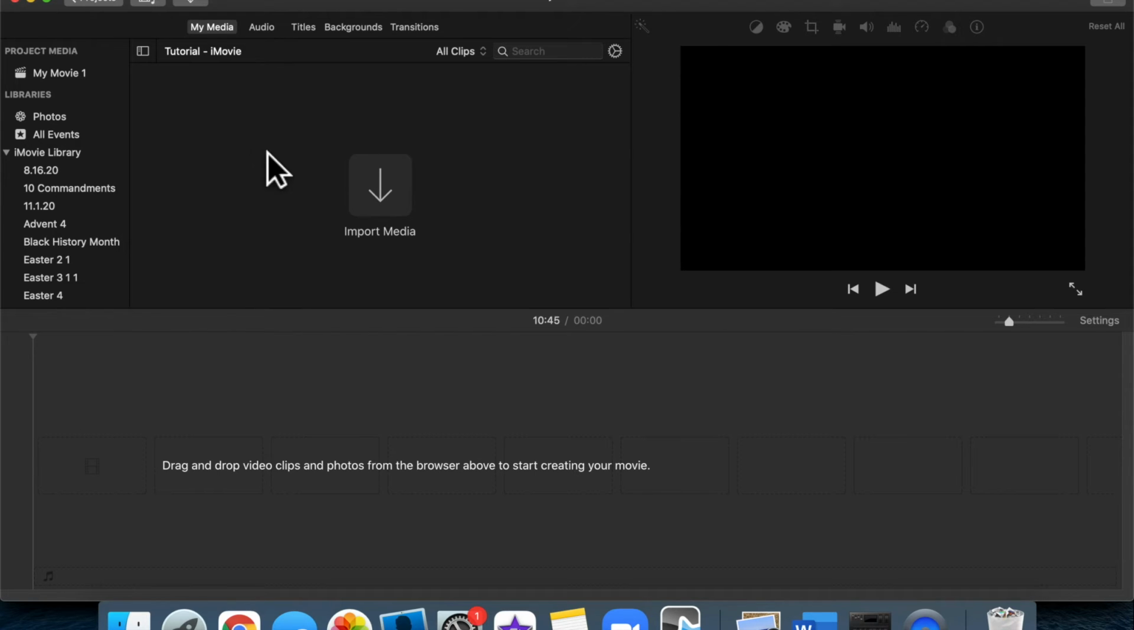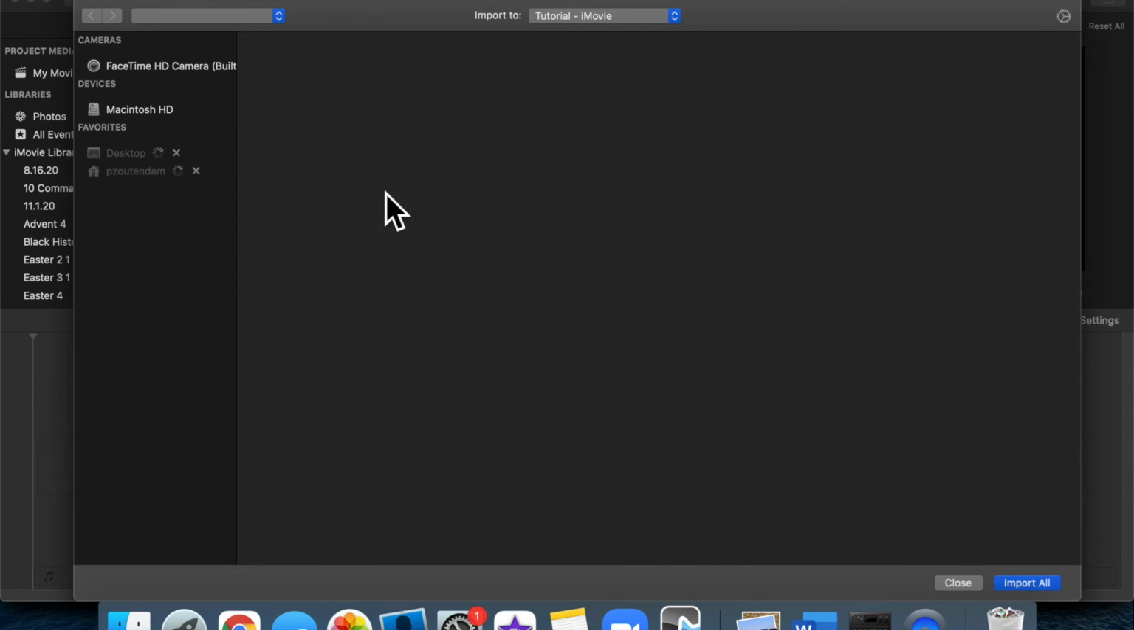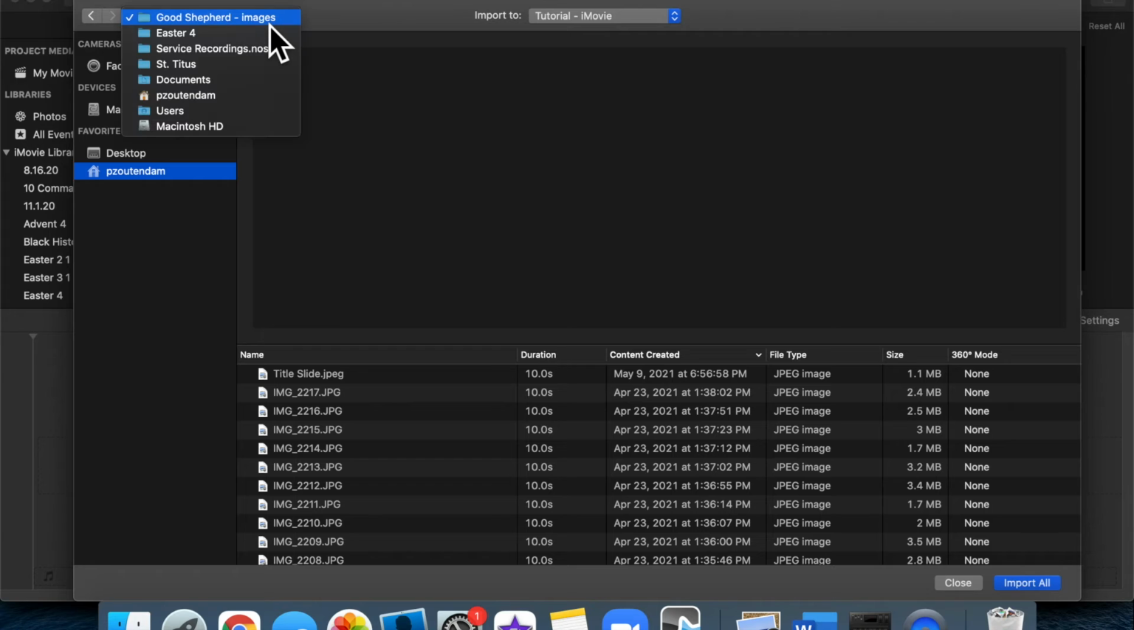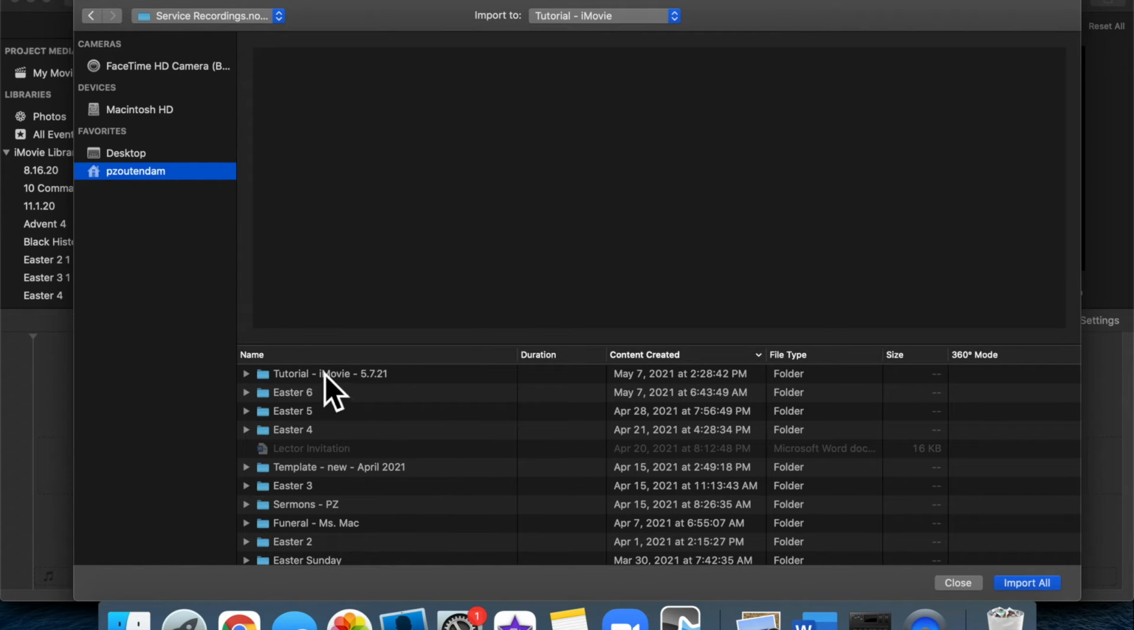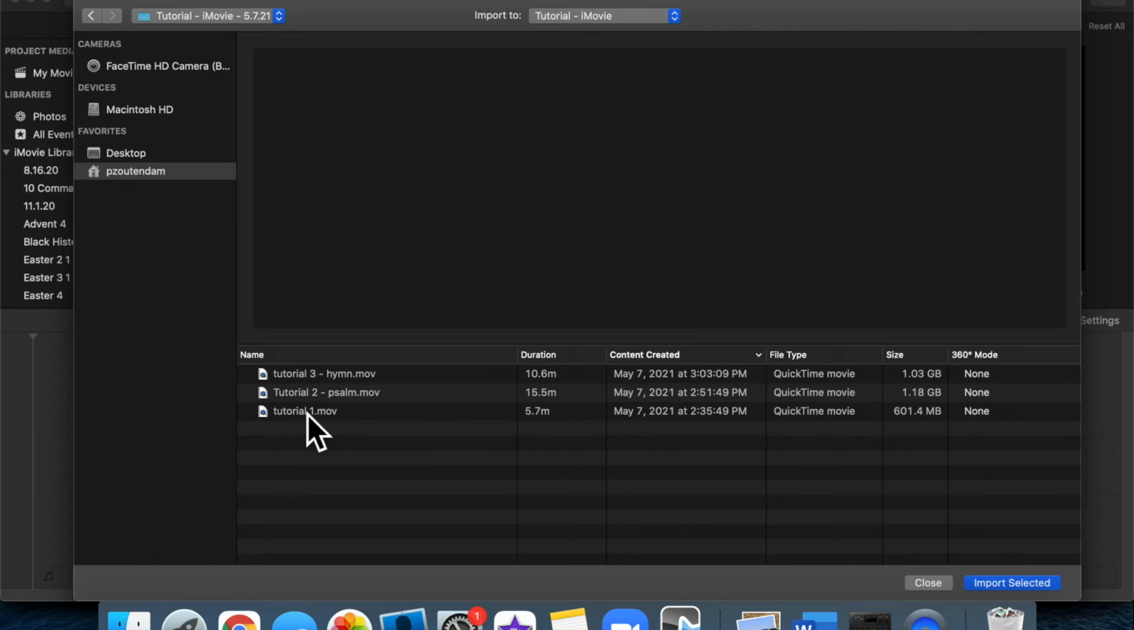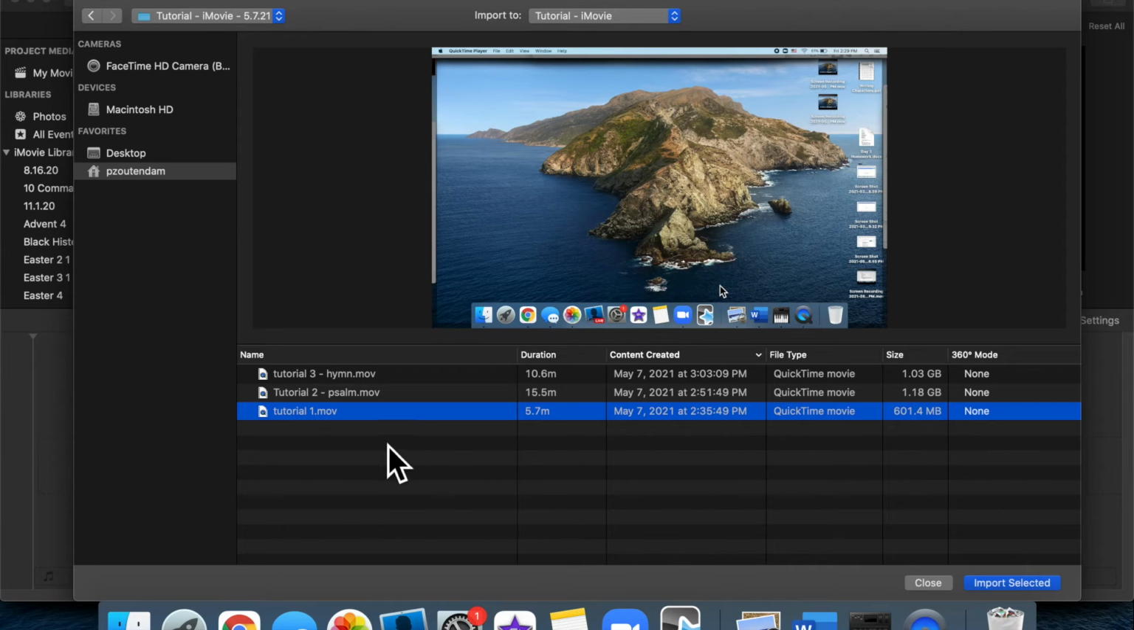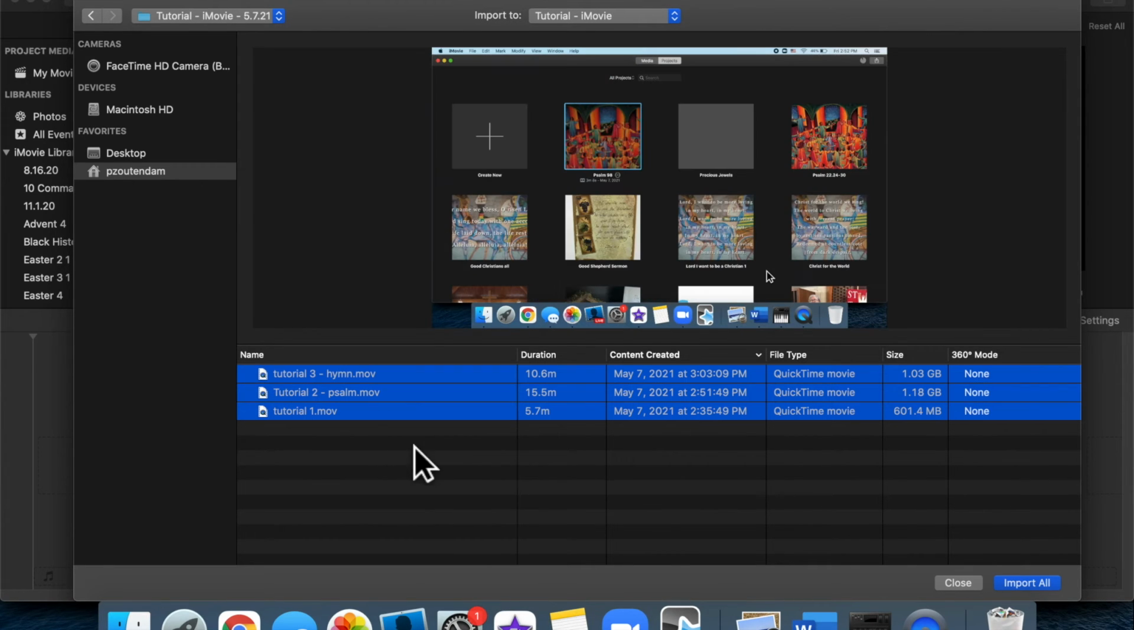I already have a few videos saved. I'm going to pull those in now by clicking this arrow. And then I'm going to go find where they are. I have 3 here. I can click them individually, or I can hit Command A, select all of them, and